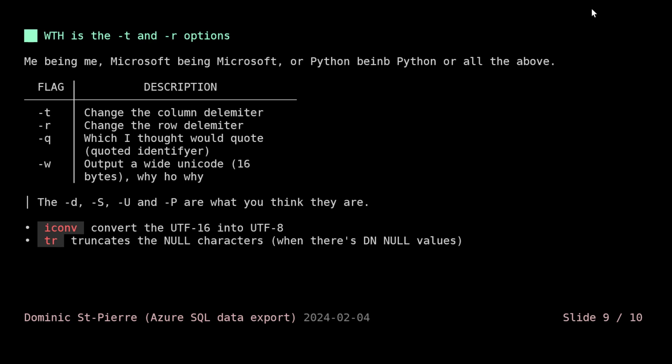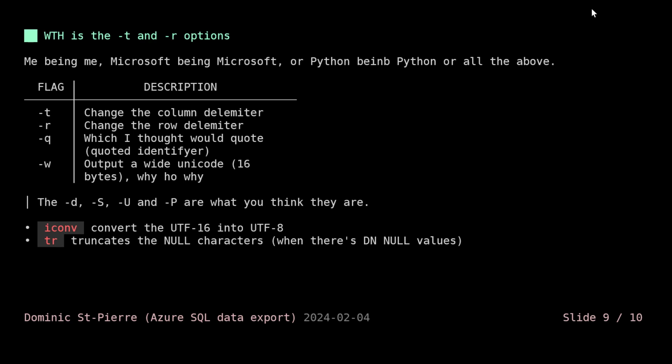So I needed to use the iconv program to convert from UTF-16 to UTF-8, and truncate all the null values because they were outputted as the character 0 actually, and that causes some small issues. But at the end of the day, this works. But now we do have a super weird CSV file